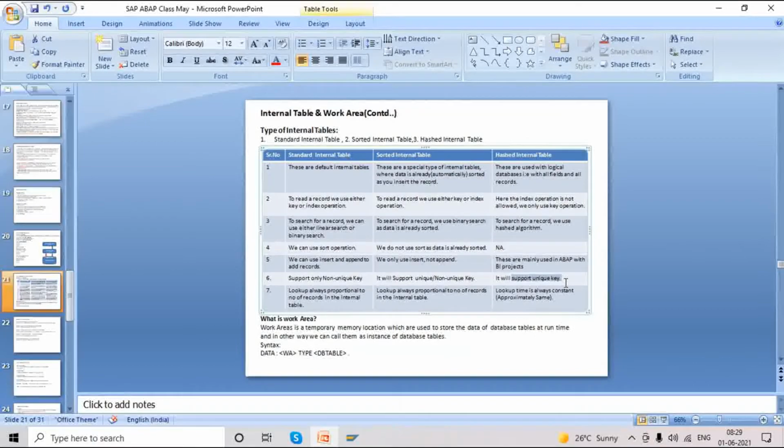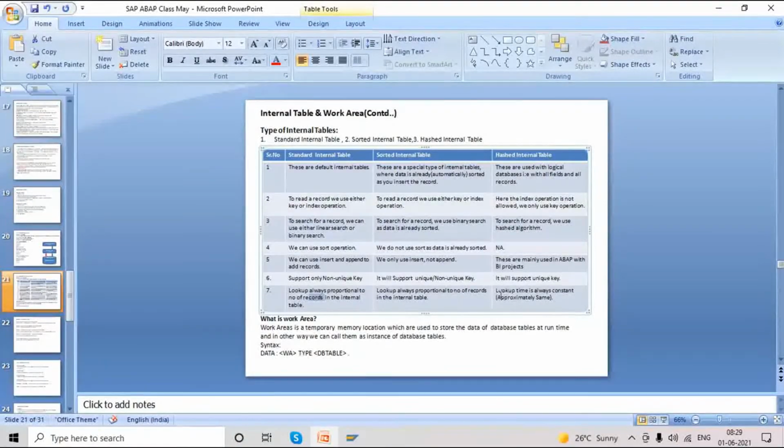Compared performance-wise, for a standard table, lookup, which we call finding the data, is always proportional to the number of records. The same applies for sorted also. So based on the number of records, it will take time to find the entry. At the time of read table, I'll explain now. When it's a hashed internal table, lookup time will always be constant.